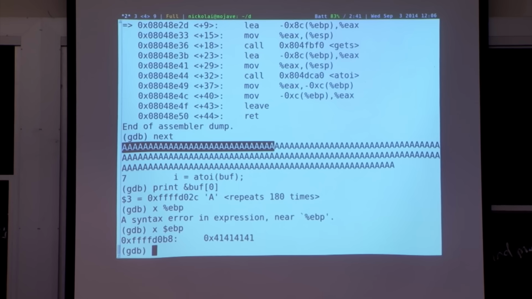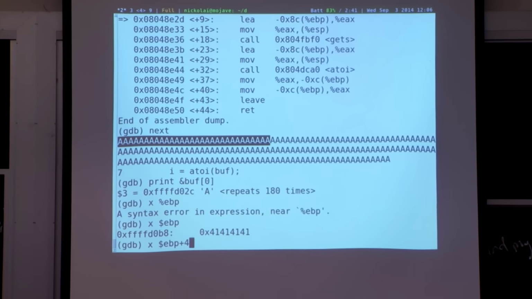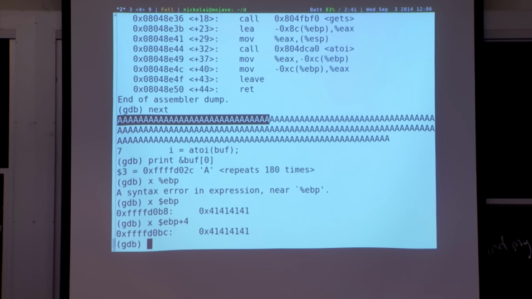And in fact, the return address is probably going to be the same way, right? If we print the return address, it's also all A's. That's not so great. In fact, what's going to happen if we return now is the program will jump to that address, 41414141, and there's nothing there, and it'll crash. That's the segmentation fault you're getting. So, well, let's just step up to it and see what happens, right?